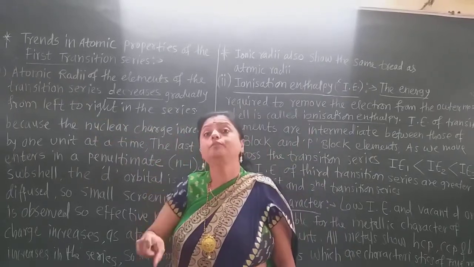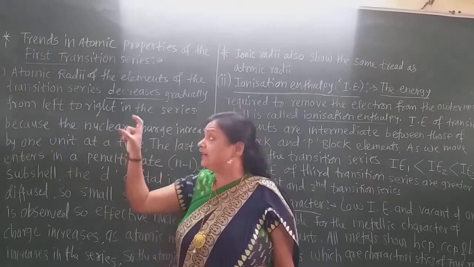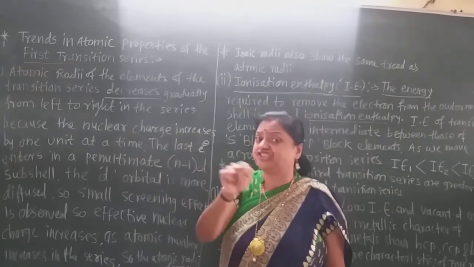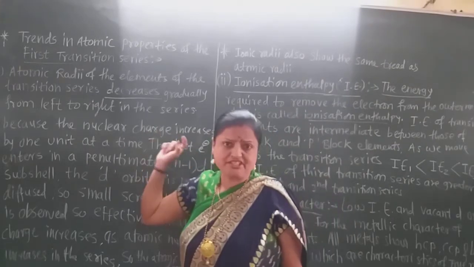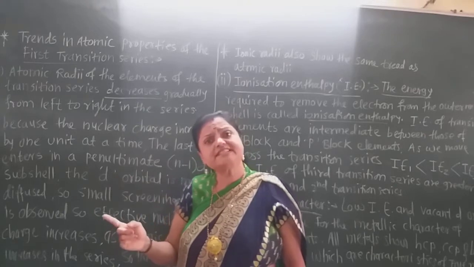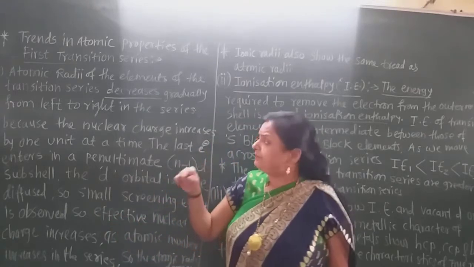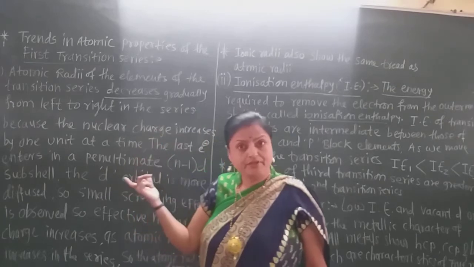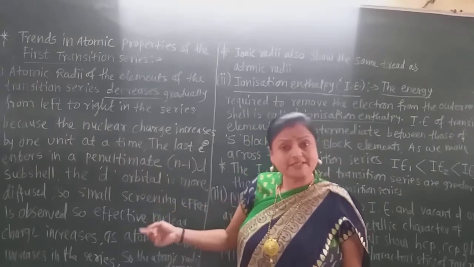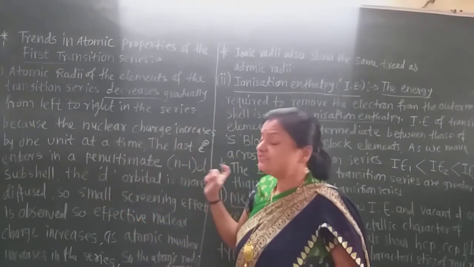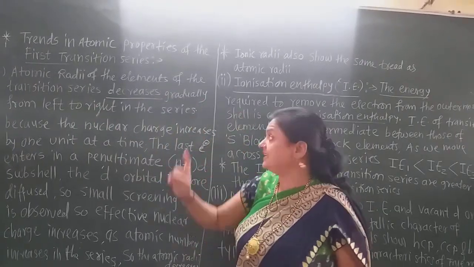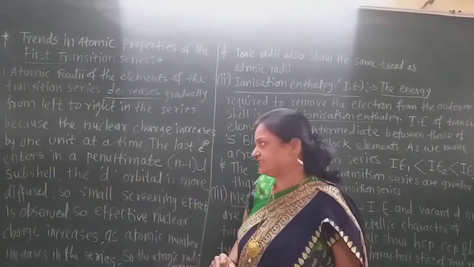the size of the atom decreases, though their atomic number increases, because in the same shell, that is the 3d shell. Here, in case of transition series, (n-1)d. So if it is the first transition series, (n-1)d means 3d. If it is the second transition series, 4d. If it is the third transition series, 5d. And if it is the fourth transition series, 6d. In this way, what happened? The size from scandium to zinc decreases, and so the atomic radii also decrease. Remember that.